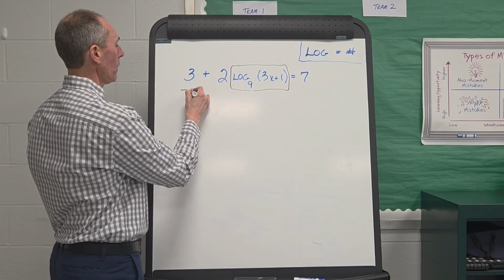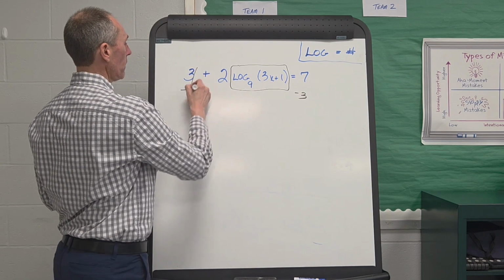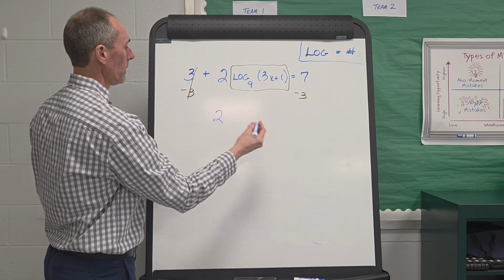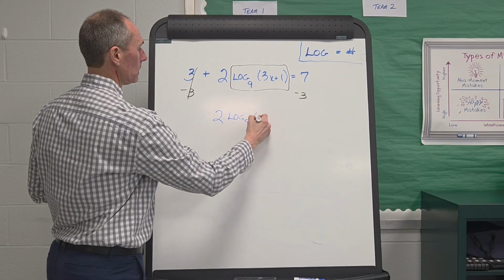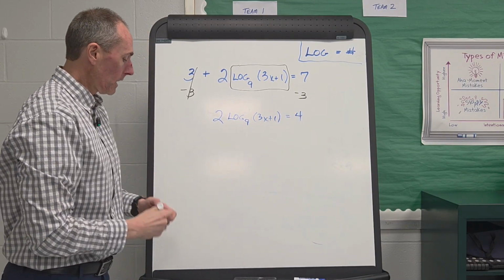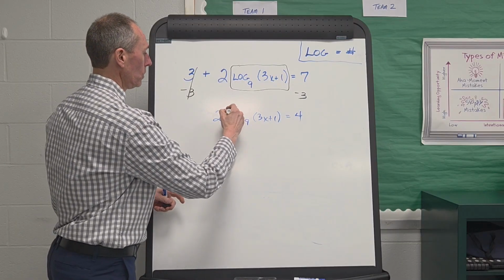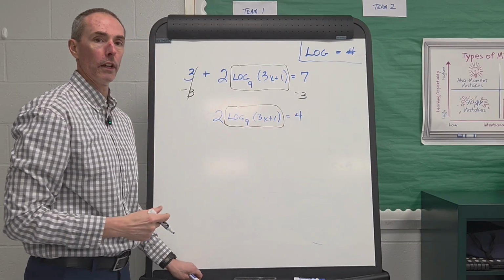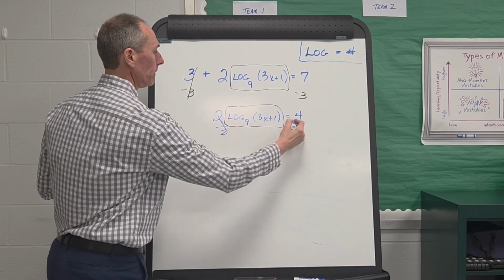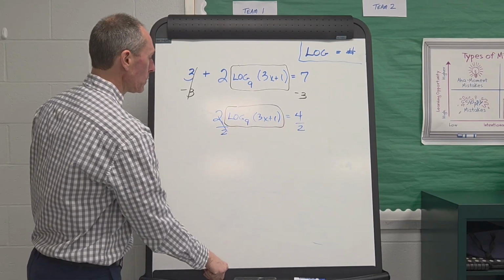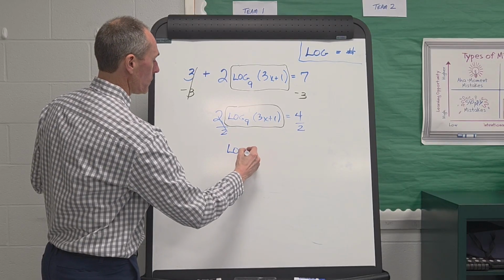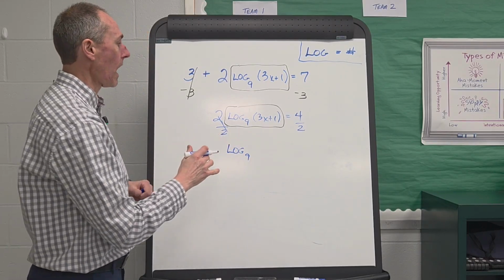So what we'll do is we'll take away 3, and that leaves us with the 2 here. Still have that log. Okay, now we're equal to 4. Again, the whole goal at this point is to get that by itself, so we have to divide out by 2. All right, let's do that. So now we get to a place where we have just the log. That's what we wanted, just the log on this side